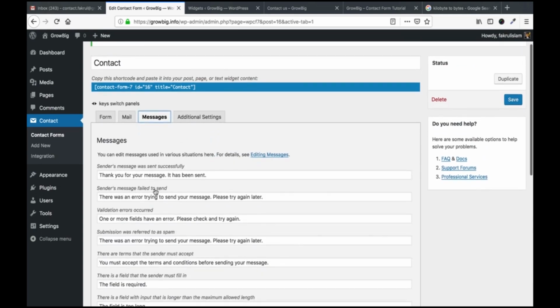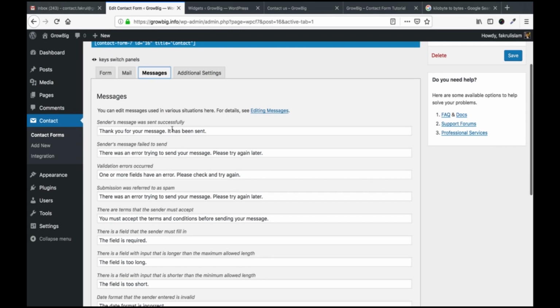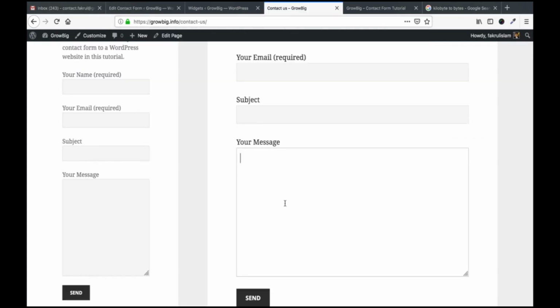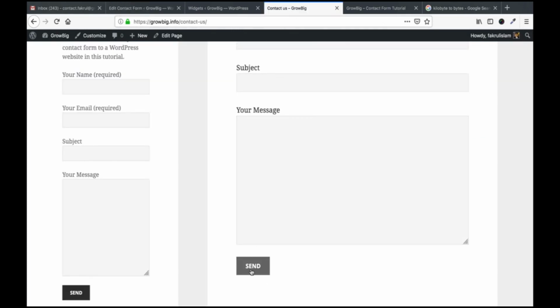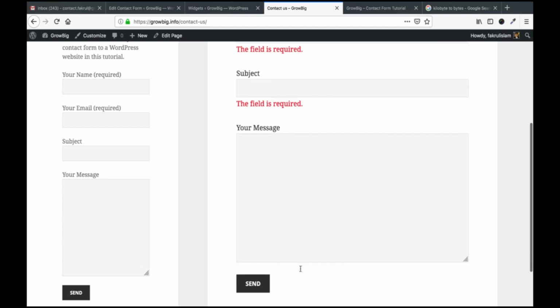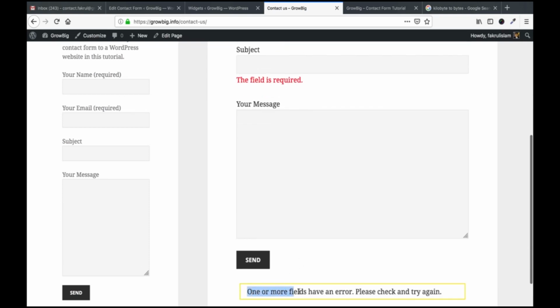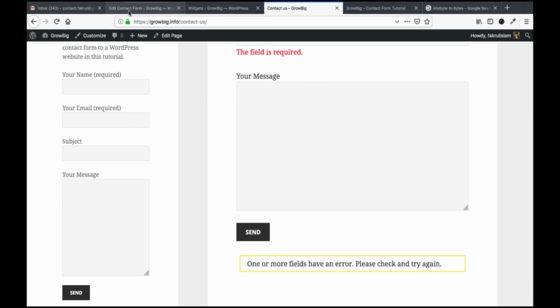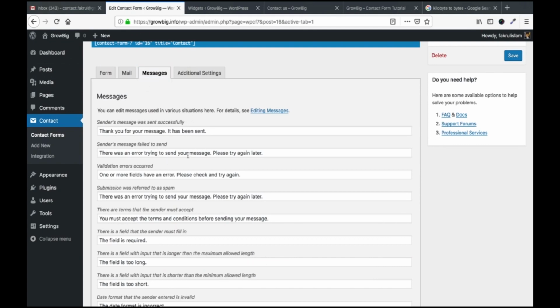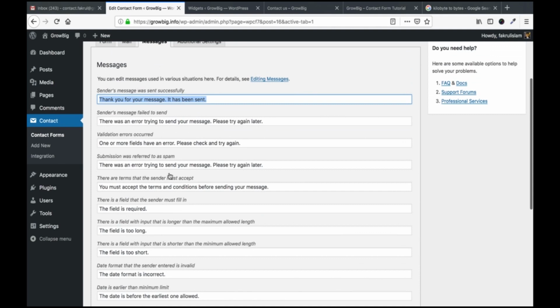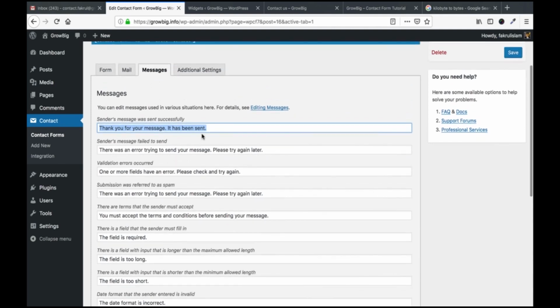In this message option, just leave the message. I am showing you, if any message doesn't show, this message informs the visitors. So I am customizing the field in case the message was successful.